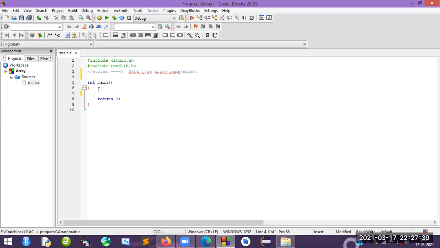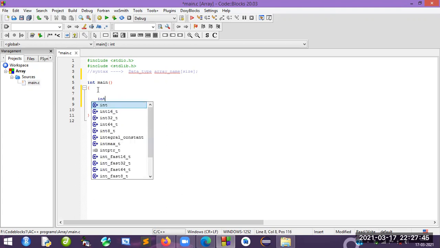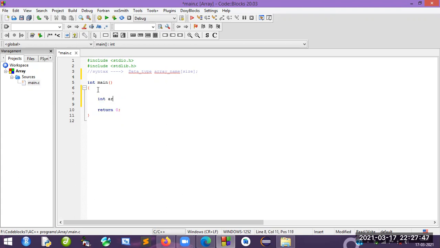So what are we going to do? Here we have a main function. I will take an array of integer type. The array name is ARR with size 5, equal to, and we open flower brackets.